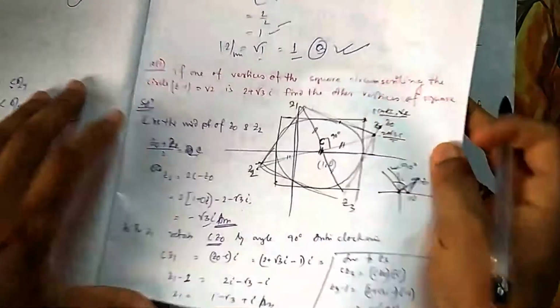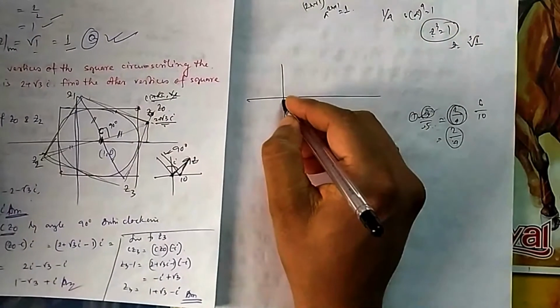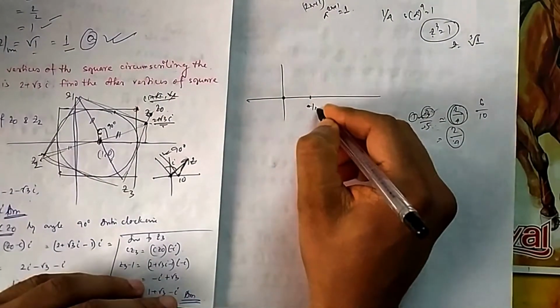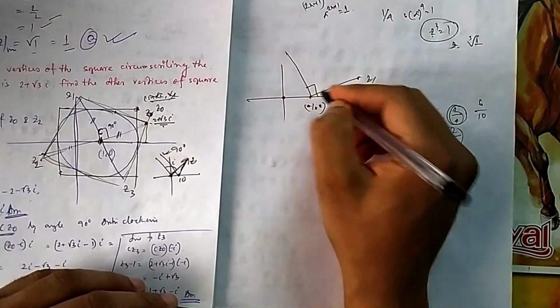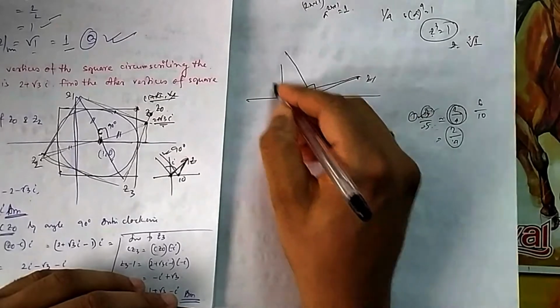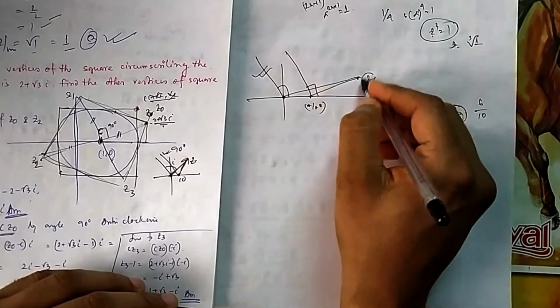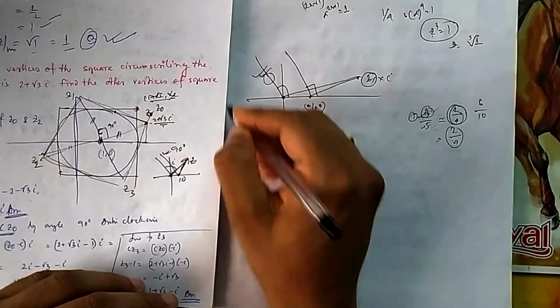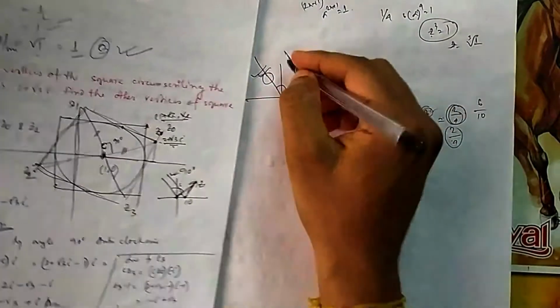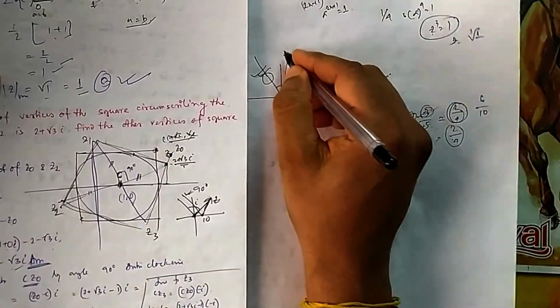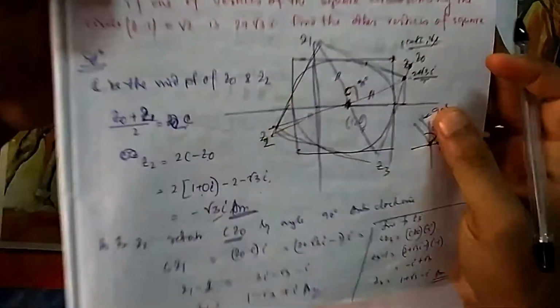Are you getting it now? Suppose this is my another point, suppose this is my 1, 0 and this is z1. I want to shift this one by 90 degrees. Now if I directly multiply this one by i, I will get this line. But I need this line. So what do you need to do? You need to multiply this vector by i. And if you want the answer from here, then you also have to do some manipulation.